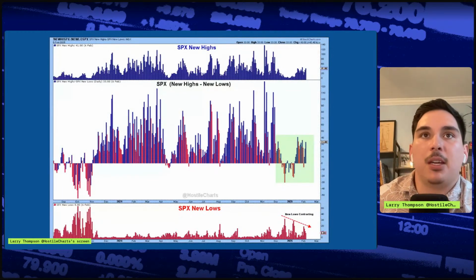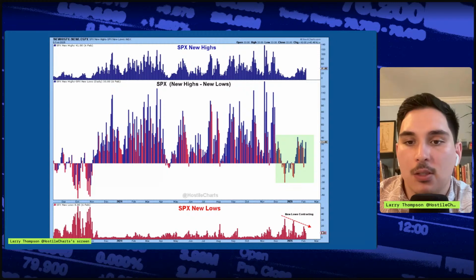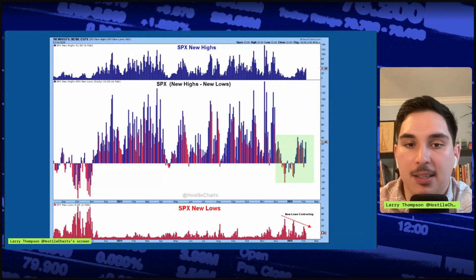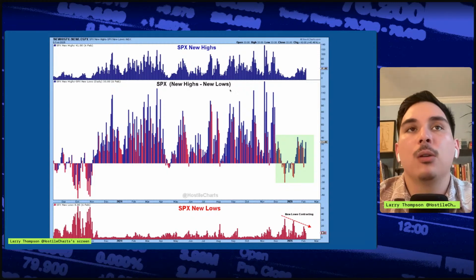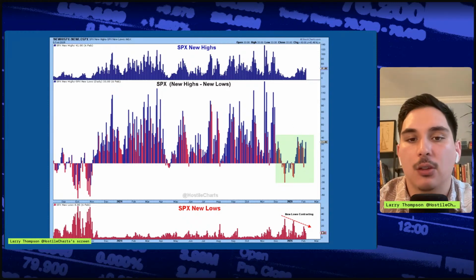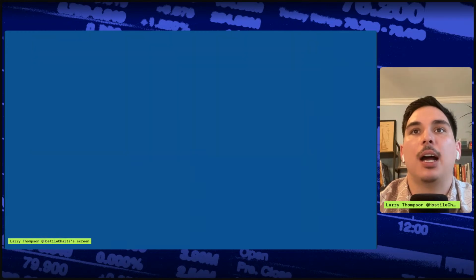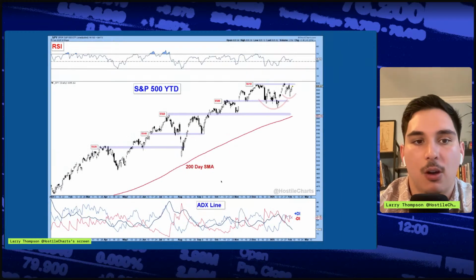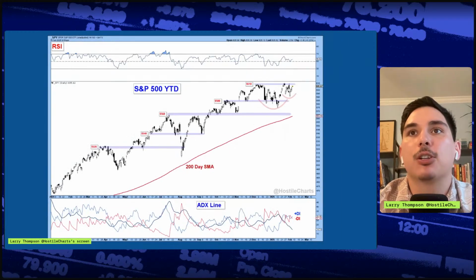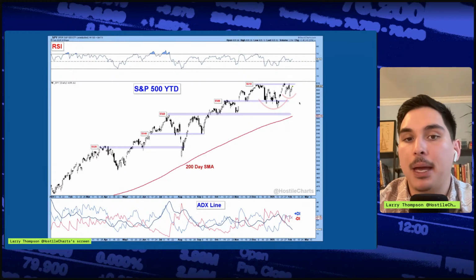Looking at S&P new highs minus new lows. Add this to the list of charts you take a look at on a weekly basis or even a daily basis. What we want to see is expansion in new highs. We don't have that right now, so the market is just kind of chopping sideways. We want to see that expansion in new highs. That will help this resolve, right? So we're chopping sideways here below 610, above 580. We're building a base, right? But we're trendless, right? It's a mean reversion market at the moment, shorter term, tactical time frame.